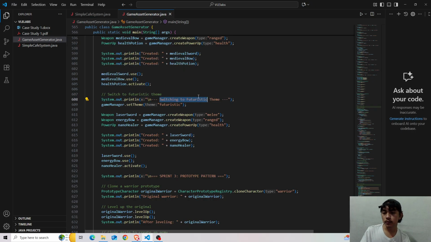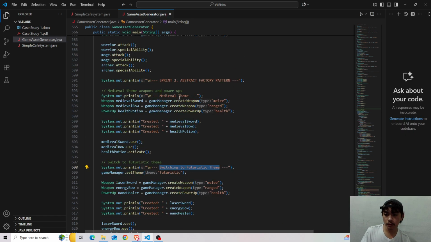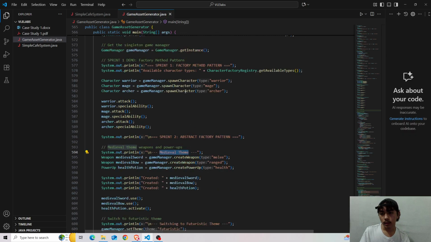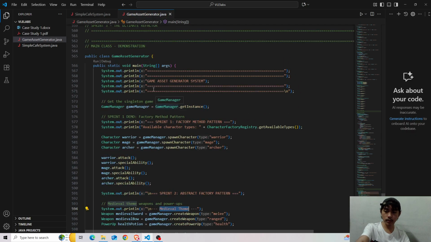Okay, so for the futuristic theme, why does it say switching to futuristic theme here, while on the first one it doesn't say anything? So it only says medieval theme and doesn't say switching to medieval theme, because of what we did here: game manager equals game manager dot get instance.